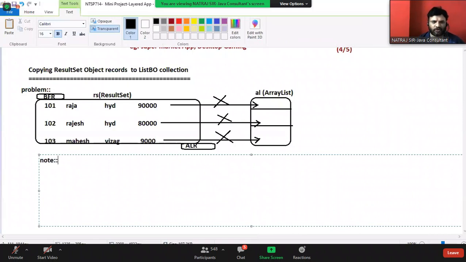Right, guys. Note: we cannot copy the records of RS2. We cannot copy records of the RS list collection directly,